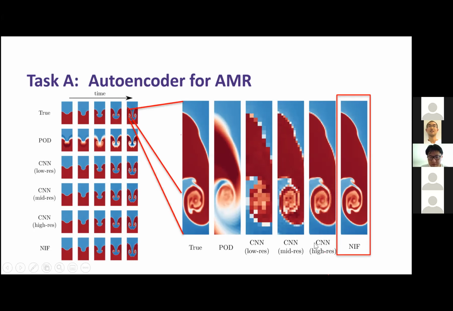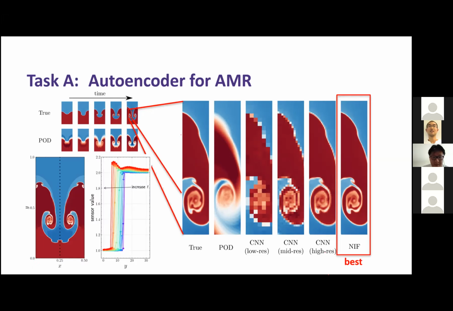autoencoders. And if you're using NIF, you don't really need any kind of pre-processing. You're just using a point-wise data set, and you can learn a low-dimensional representation of this flow field. And note that this flow field contains some multi-scale features. NIF performs the best. And so how do we construct this